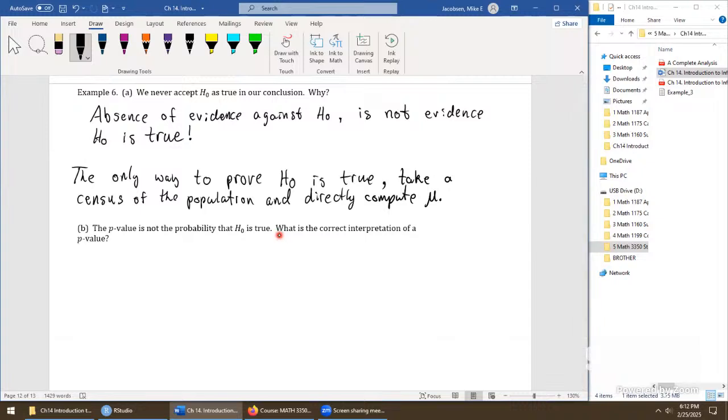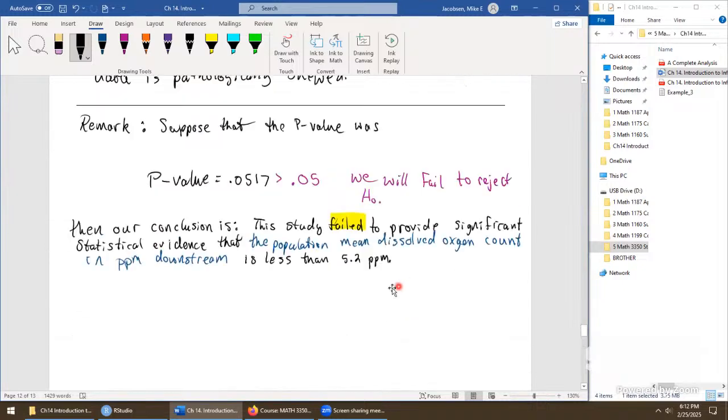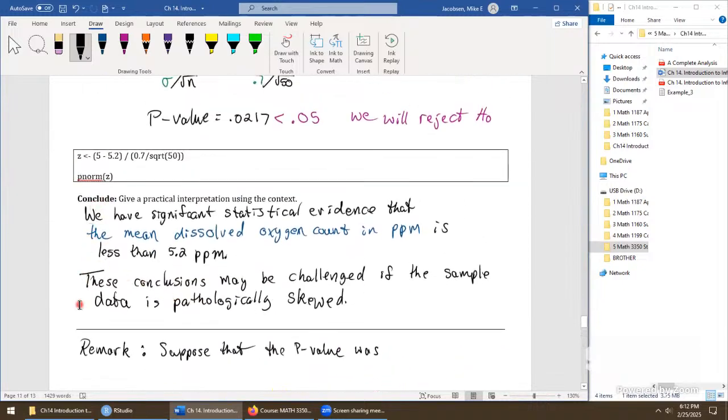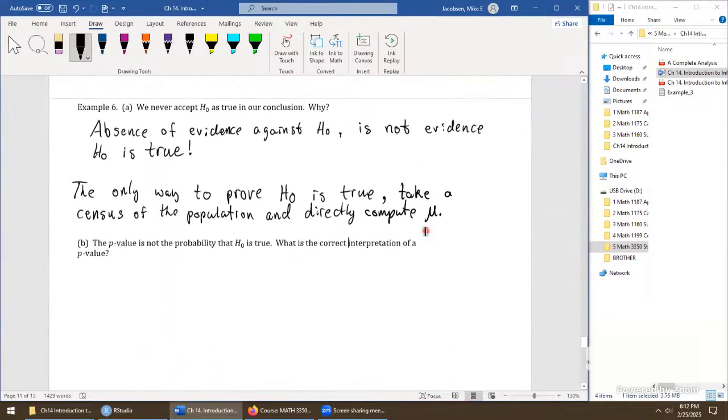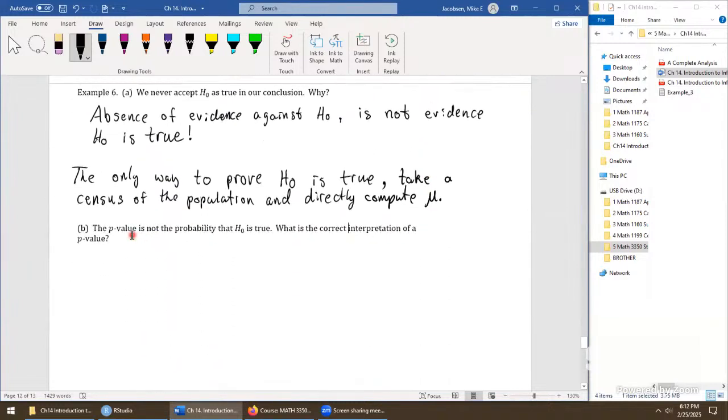And so this is the setup for the interpretation. Let's put in here an extra word: it's not a practical interpretation. Our practical interpretations are these conclusions that we're giving, and we never said probabilistically what that probability even represented. We just said, what is our conclusion relative to the p-value against alpha? But if we want to interpret the p-value, not even the probability H naught is true, here's how the interpretation goes. We will test